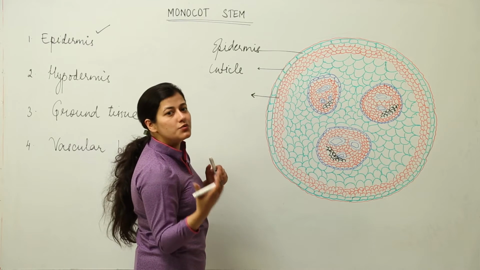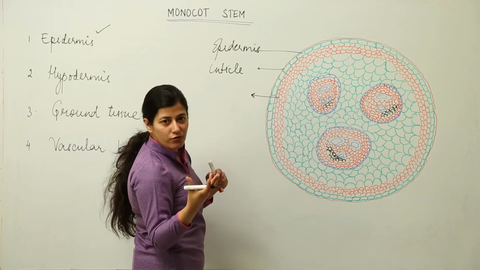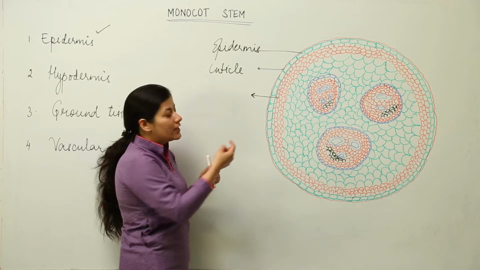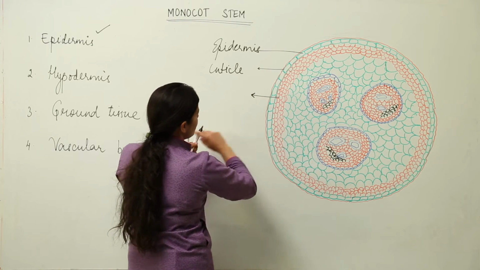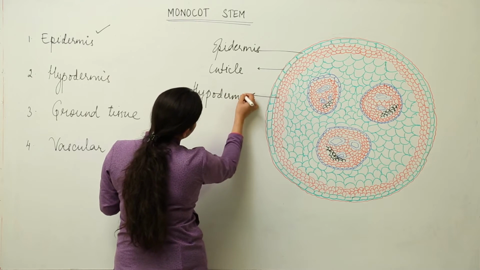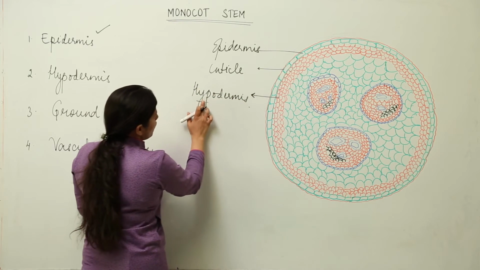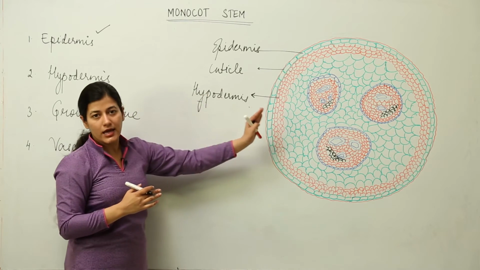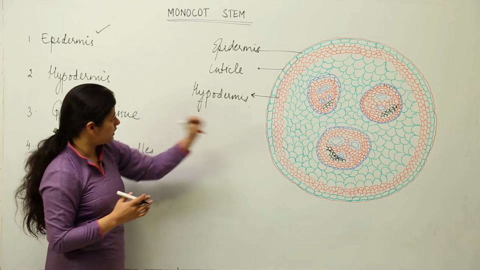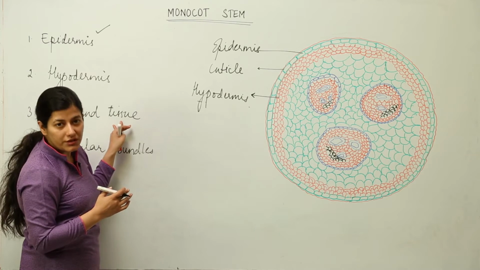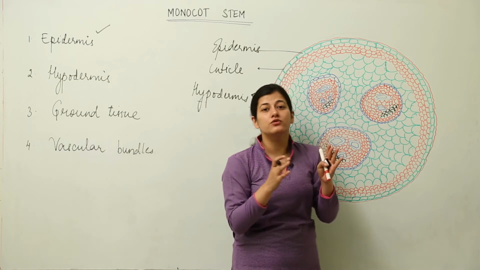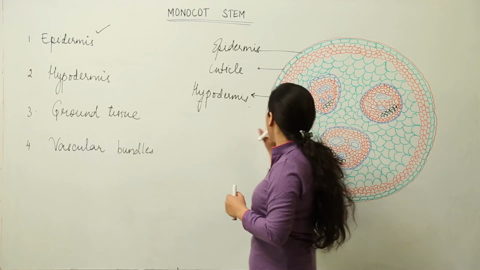Now what is sclerenchymatous? We did talk about that sclerenchyma is that type of plant tissue which gives it strength. Alright, so the monocot stem, whatever strength it is having, it is due to this 3 to 4 layered sclerenchymatous hypodermis. So the next thing that you have to remember is that the hypodermis, which is 3 to 4 layered thick, is present beneath the epidermis in a monocot stem. Now moving further, we have the third constituent, that is the ground tissue. Now because it is ground tissue, you can relate it somewhat to pith, but don't get confused, it is not pith, it is simple parenchymatous ground tissue.